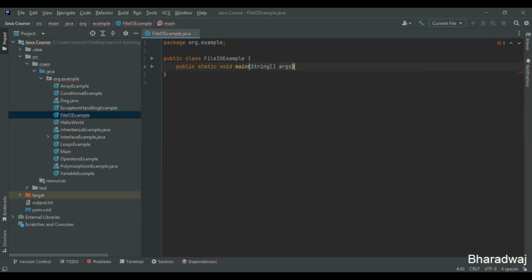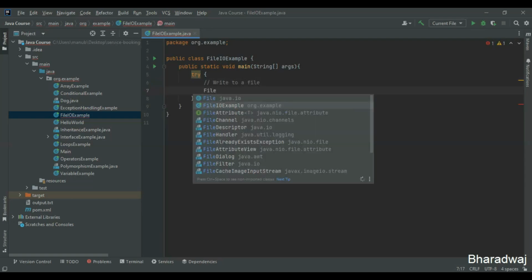Also let me give args, right? So we have defined the main method. Now let's start the try block, right? I'll just keep try. Within this, let's write to a file. Let me comment this one and write to a file just for the reference. So let me give file